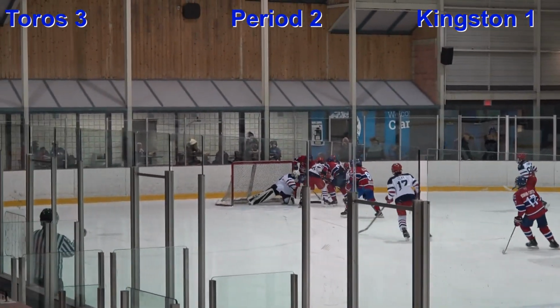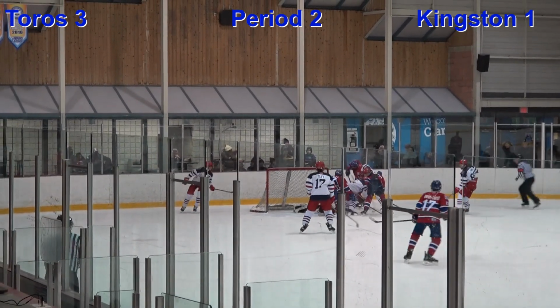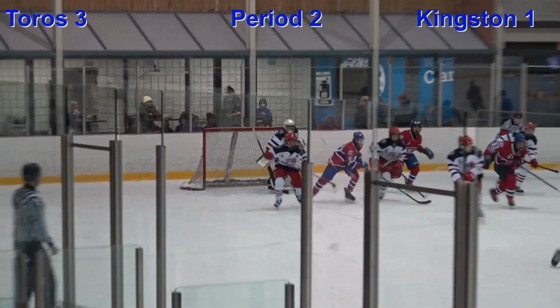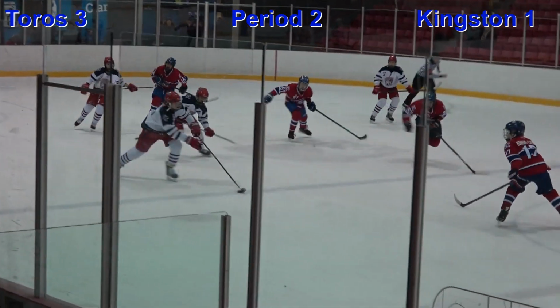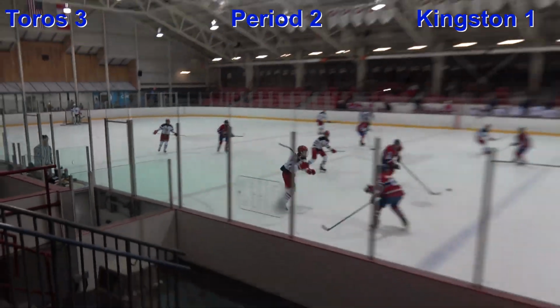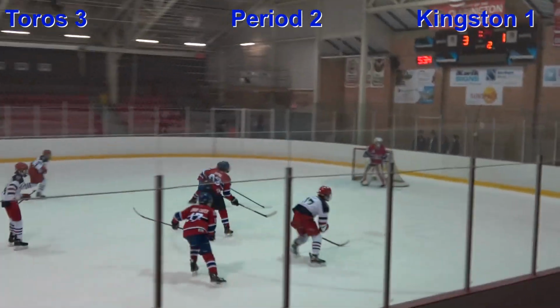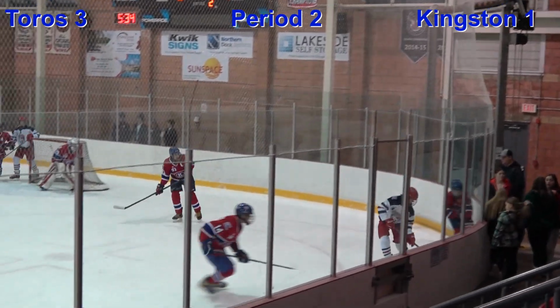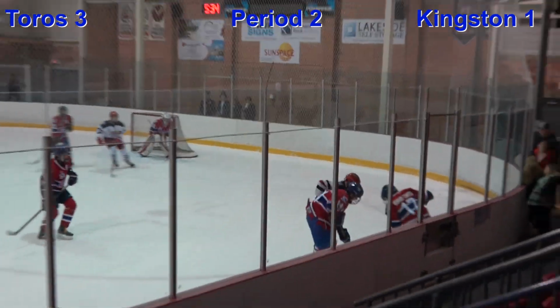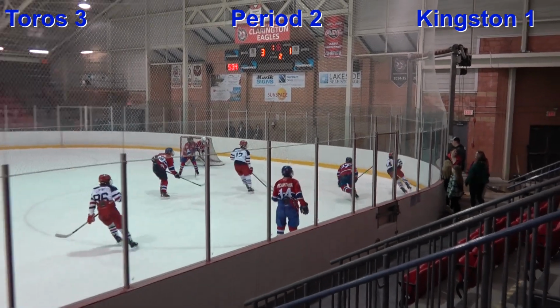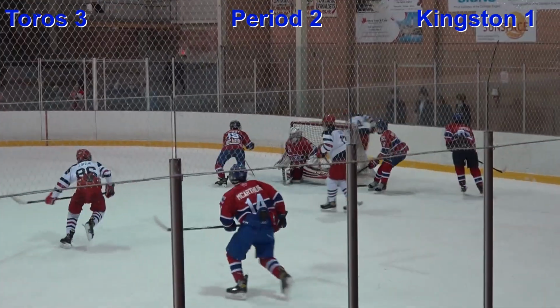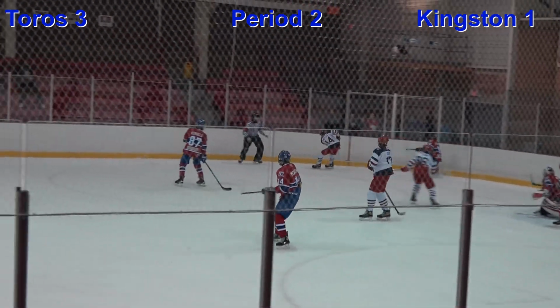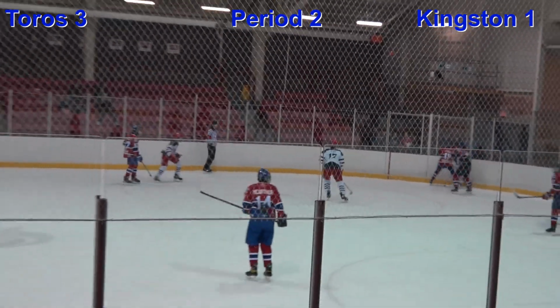Braden Fair trying to stick to his man, trying to stuff it in from the side, and Mundy had to be sharp on that, make sure that didn't make its way through. Here comes a chance to dump it in. Racing after it back in his own end comes Cliff. Around the other side, that is Housen trying to get it back here to the blue line. Or Whitlock, sorry. Chase Whitlock going off to the side to try and set it up.